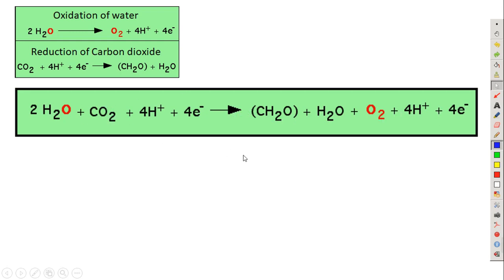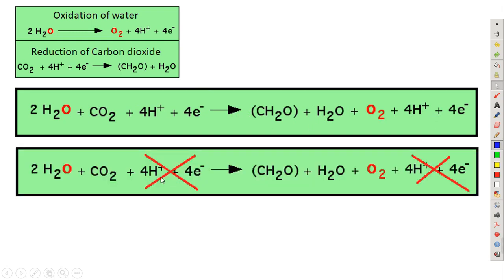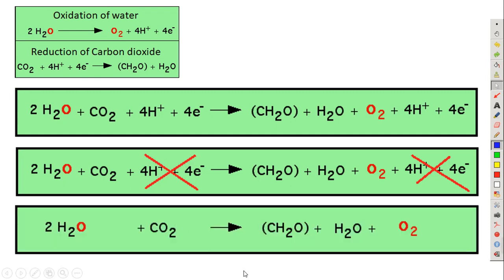So we've added all the reactants and we've added all the products. So we can simplify this just like in maths. If we've got the same amount on each side, we can take them out of the equation and we're left with the following equation. Obviously it's balanced, but what I'm going to ask you to do is try and balance this equation so that instead of having CH2O that we have here, you need to end up with C6H12O6, so one molecule of